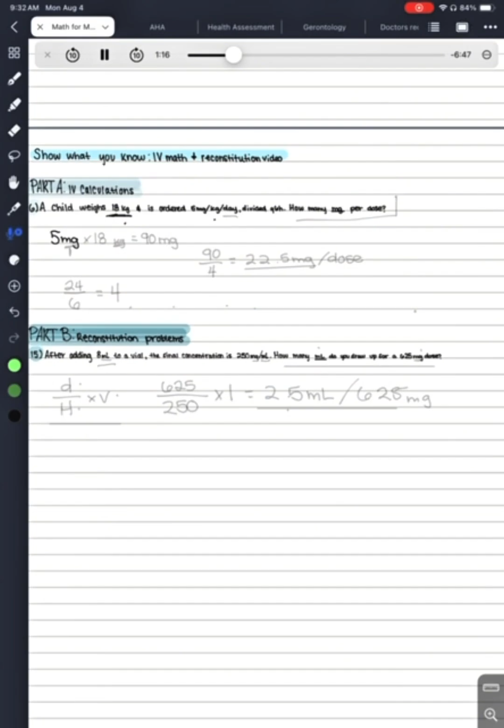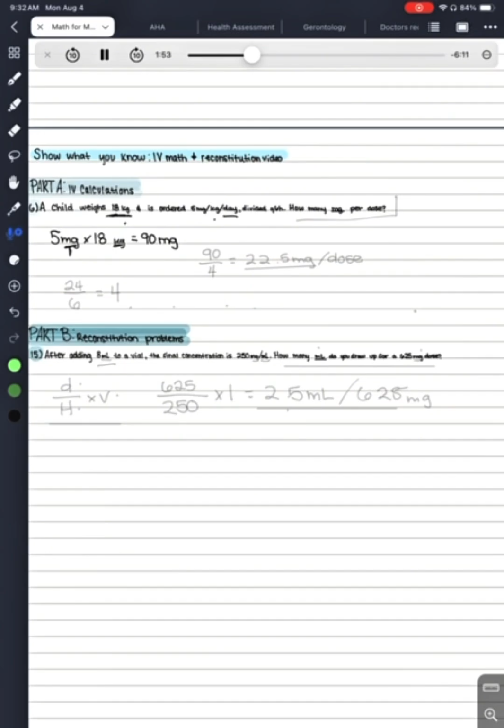You wouldn't necessarily need to write these here. I'm just writing them as I'm explaining it. And then using my calculator, I know that this equals 90, and this would be in milligrams, because we're figuring out how many milligrams per the patient's weight in kilograms. So we're going to be giving 90 milligrams of medication per day, but because it's divided every 6 hours,